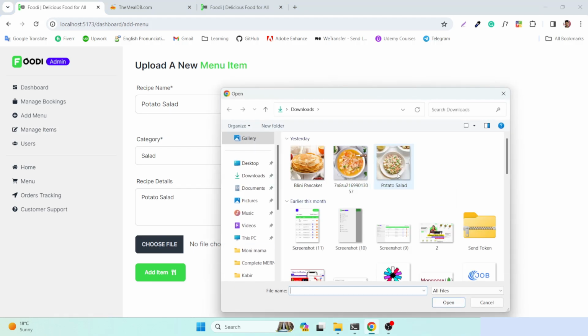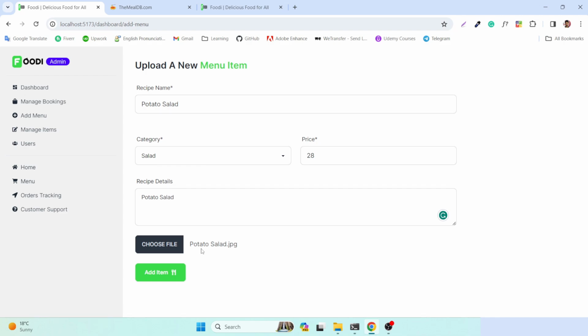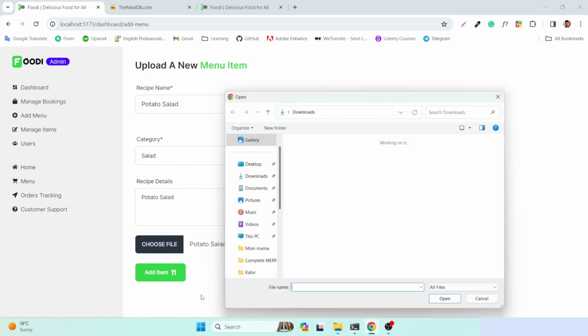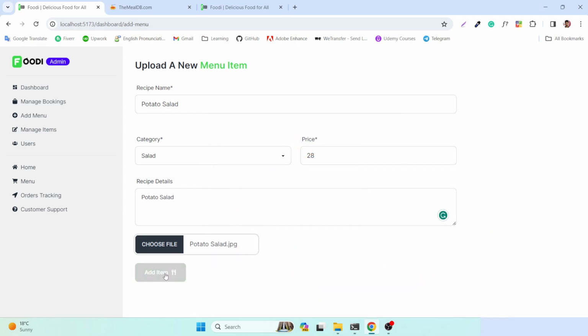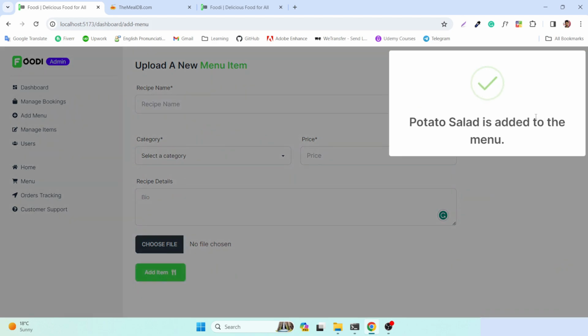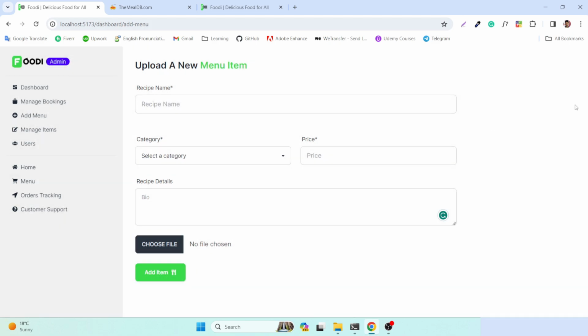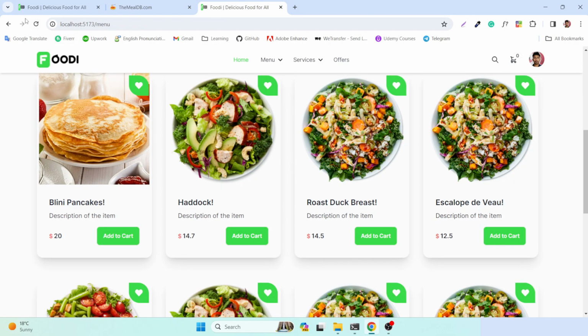Here you can see potato salad. I am just uploading this image. Okay, fine, the image name is here. And now if you hit add items, you can see a pop-up is there, and the item is already added. So let's check. If you refresh your menu page,